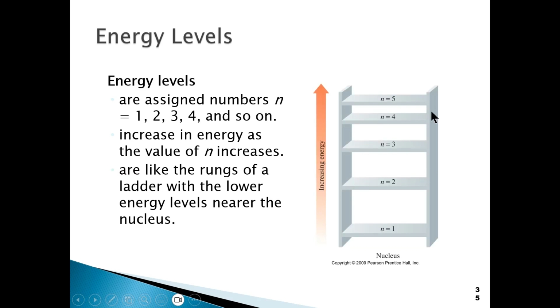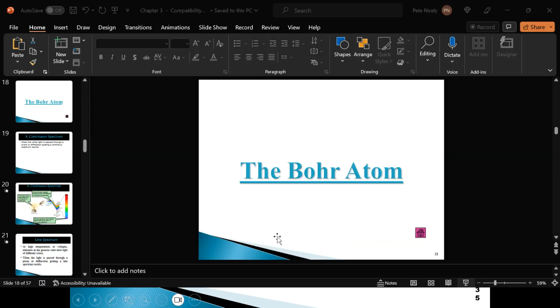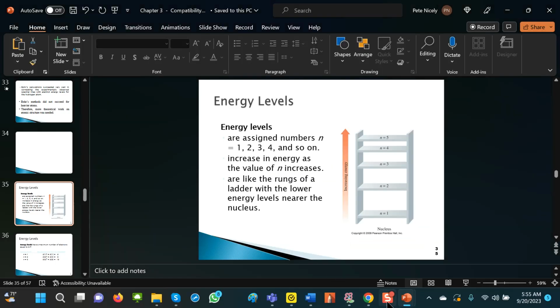Basically, I'm just going to go back to this diagram right here, which is a result of the Bohr model, and it talks about the fact that you have different energy levels, n equals 1, n equals 2, n equals 3, n equals 4, n equals 5, and all the way up to infinity. And the nucleus, of course, is closest to the n equals 1 energy level, which corresponds to the orbits, all right? Okay, I'm going to stop here and look out for the next